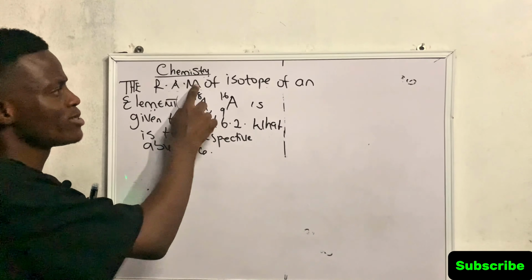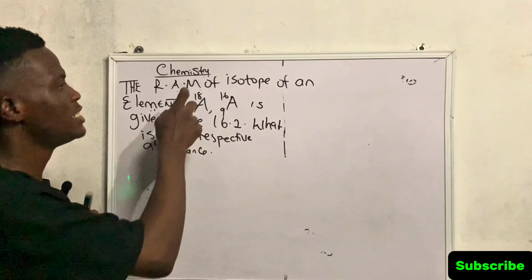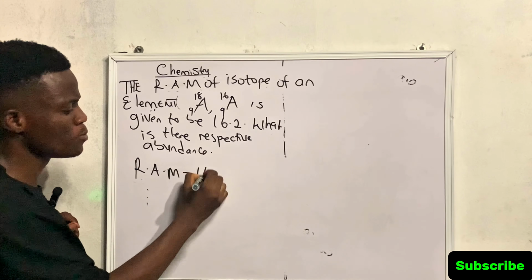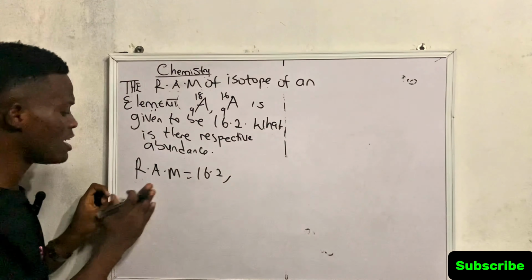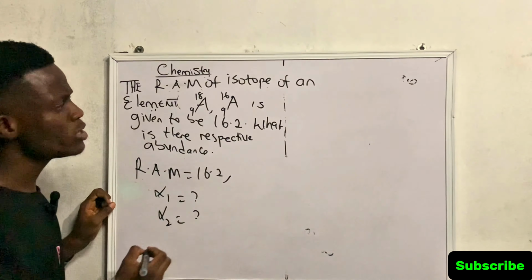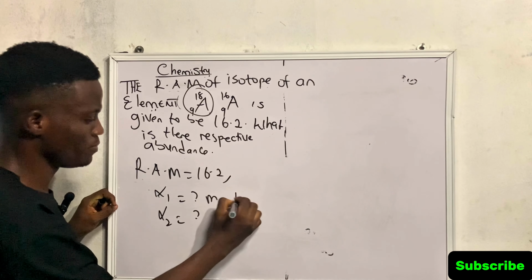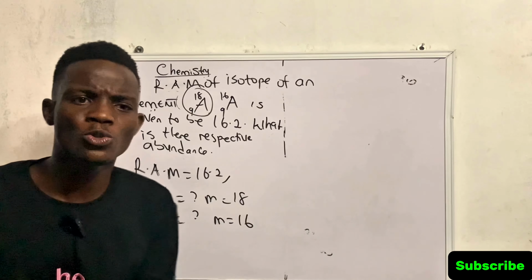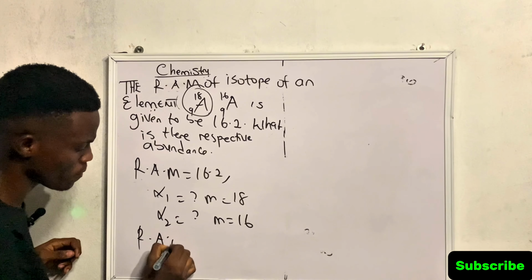The relative atomic mass of the isotopes of an element is given to be 16.2. That means we are given the RAM here to be 16.2, and they are looking for their respective abundances, abundance 1 and abundance 2. For the first one, the mass is 18, while the second one is 16. I told you the other time that you just need to know two formulas. The first formula is RAM equal to